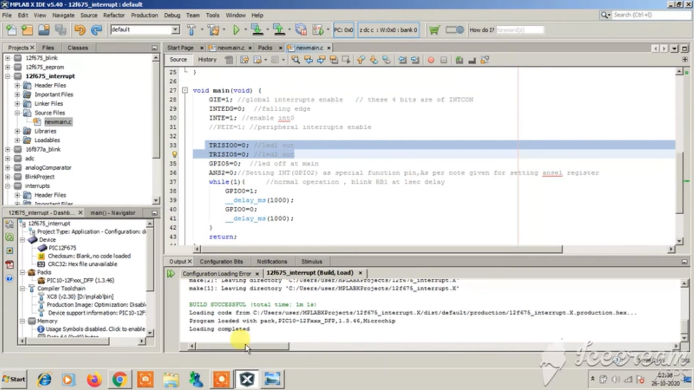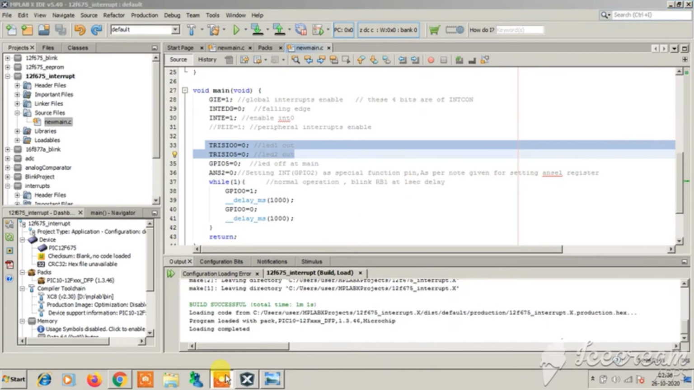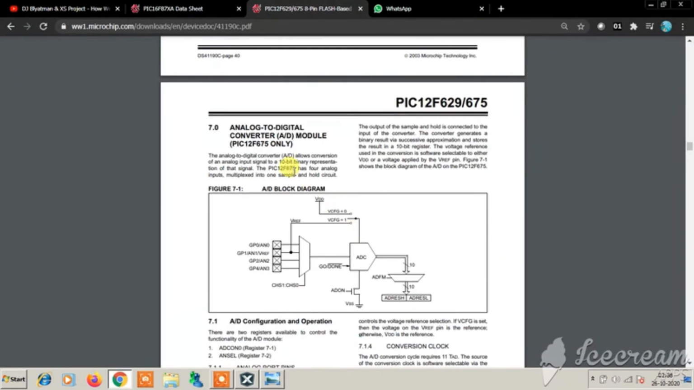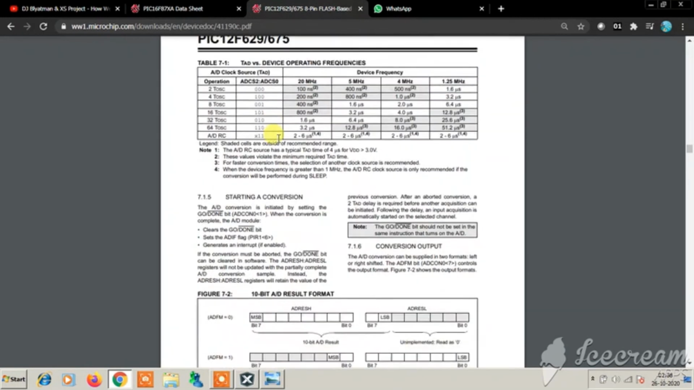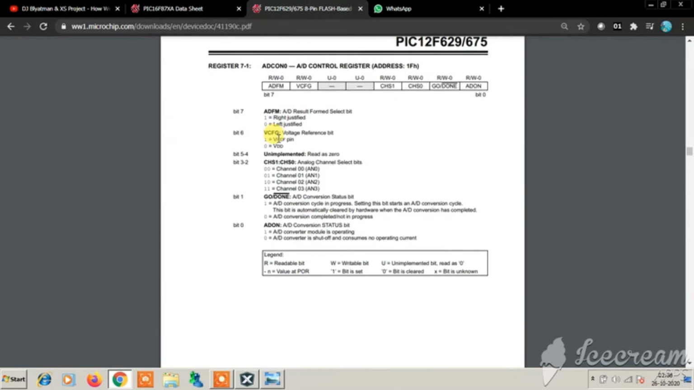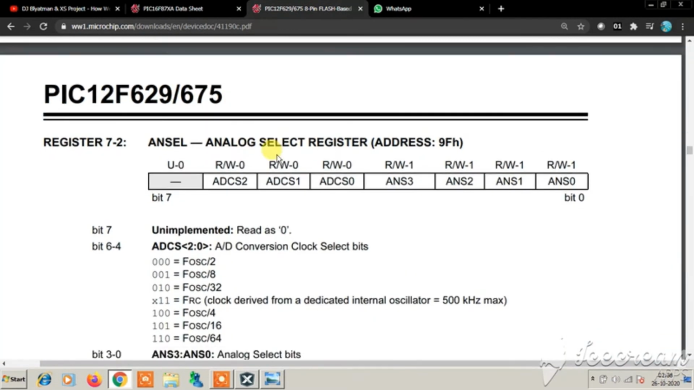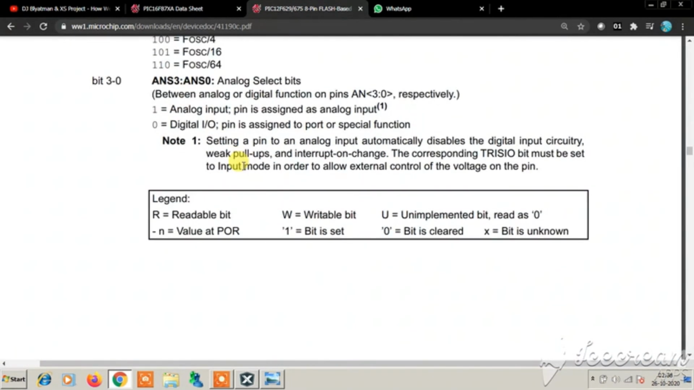So if you move on the data sheet, you can see the ANSEL register. The ANSEL register can be found inside this analog to digital converter. If you move on below, you can read about the ANSEL register, analog select register. You can see here the analog select at the note 1. Setting a bit to an analog input automatically disables the digital input circuitry with pull-ups and interrupts